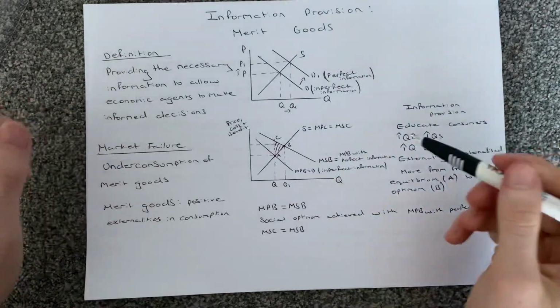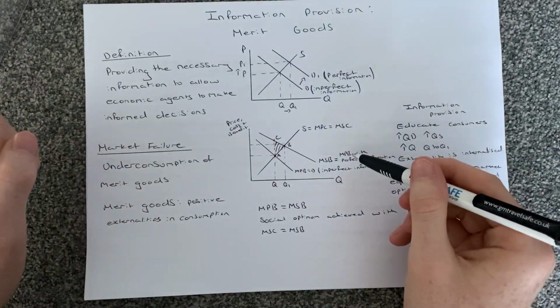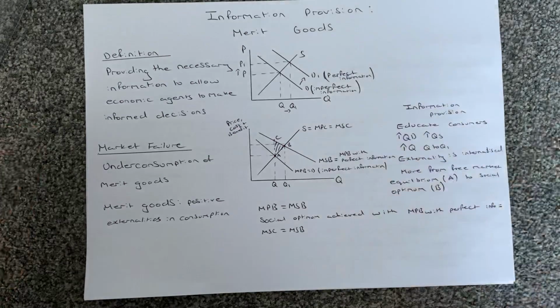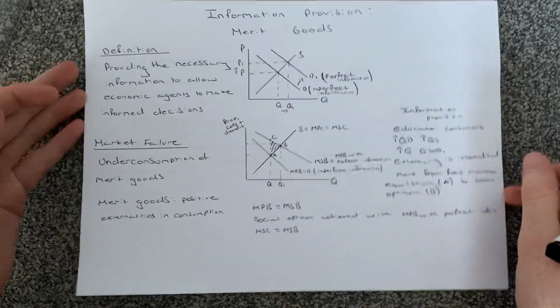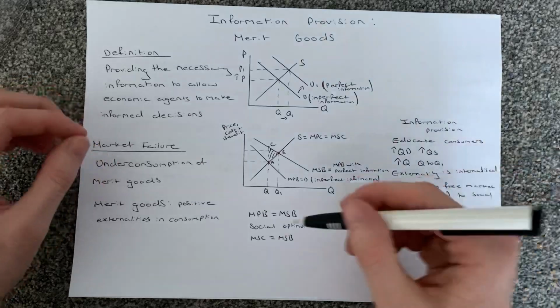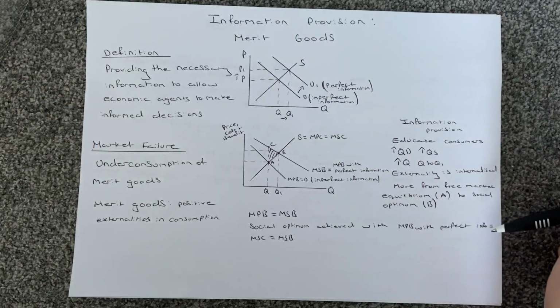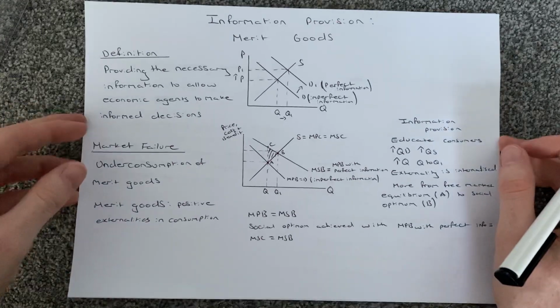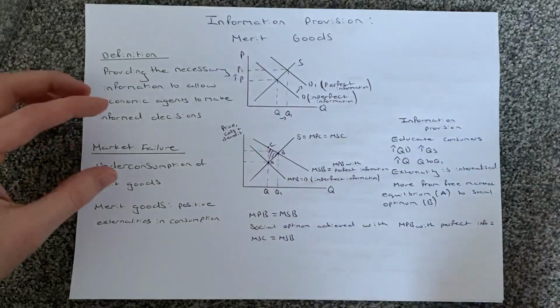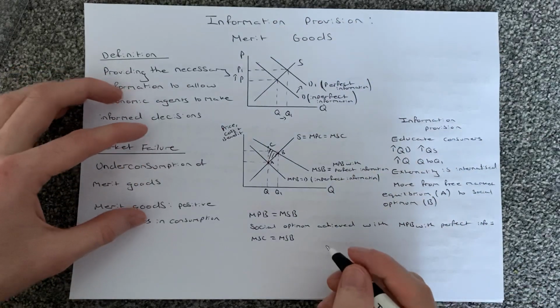So with perfect information, the marginal social benefit is equal to the marginal private benefit with perfect information. And that's why the social optimum is achieved, with MPB with perfect info equal to the MSC, which is equal to the MSB. And obviously we solve the market failure